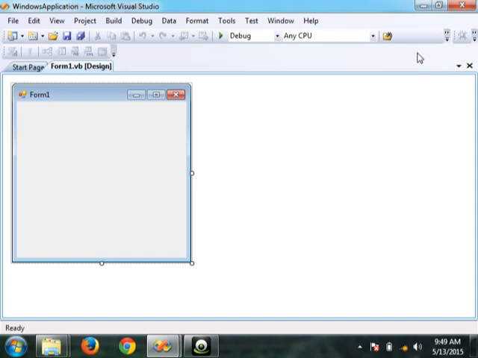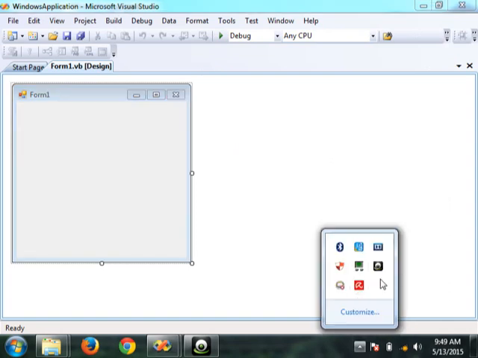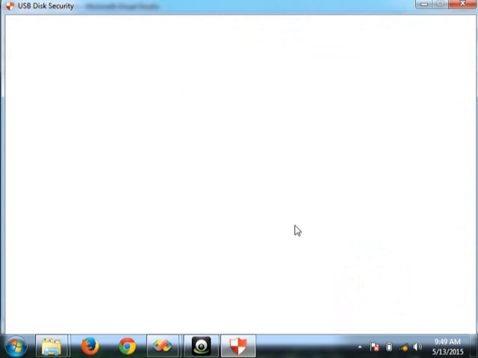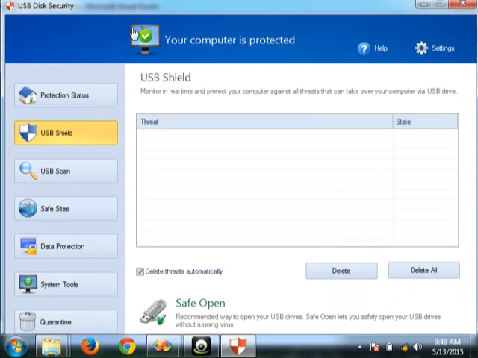Now, because we are so familiar with Windows forms, or any kind of form, for example, maybe I can tell you about this one. This is an application for checking the USB disk. This also looks like a form. Can you see, these are buttons, but very nicely designed. This is an example of a Windows form where there is a delete button. See the way they have placed things, the way they have put this icon, and how it changes. So this is what we are going to try to make, not exactly like this one, but you can design your form to look something like this also. But we'll keep our things simple.